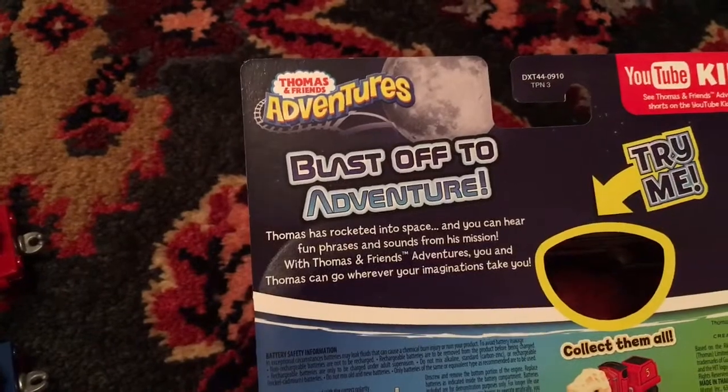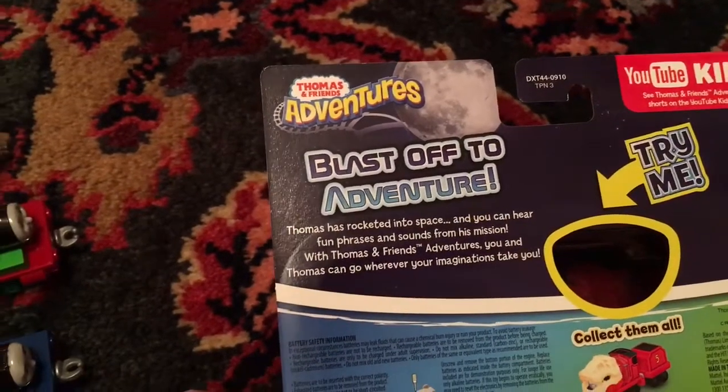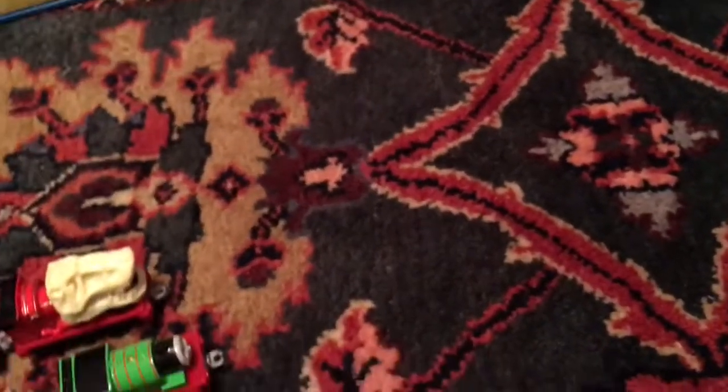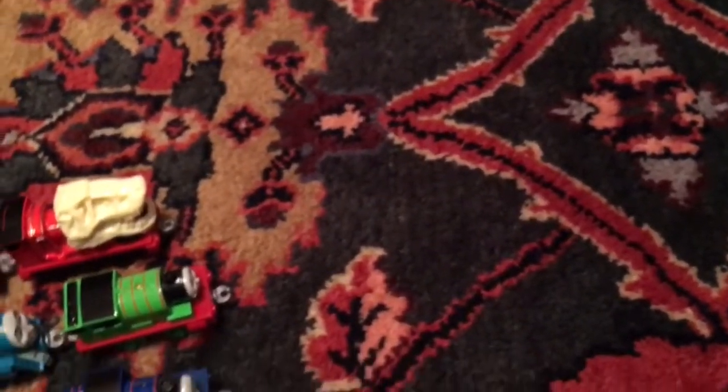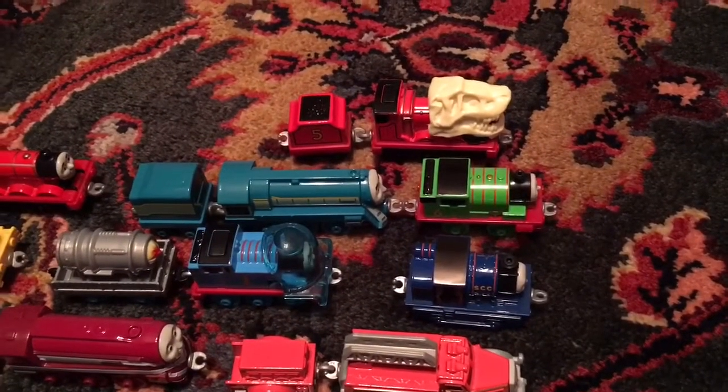With Thomas and Friends Adventures, you and Thomas can go wherever your imagination takes you. Alright, I know since there was one on James, I knew there had to be one on the back of Thomas. One thing I also want to point out is the talking versions of Thomas and James are a little bit taller